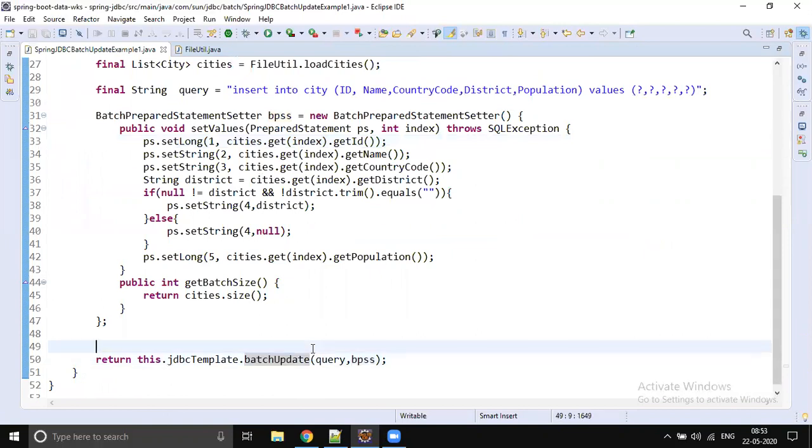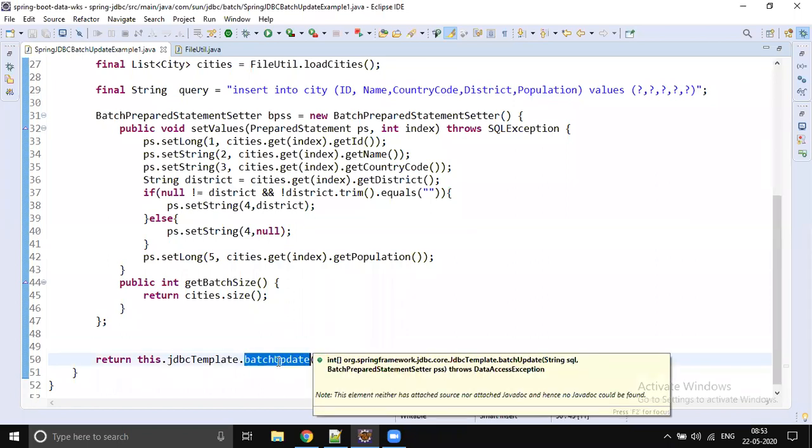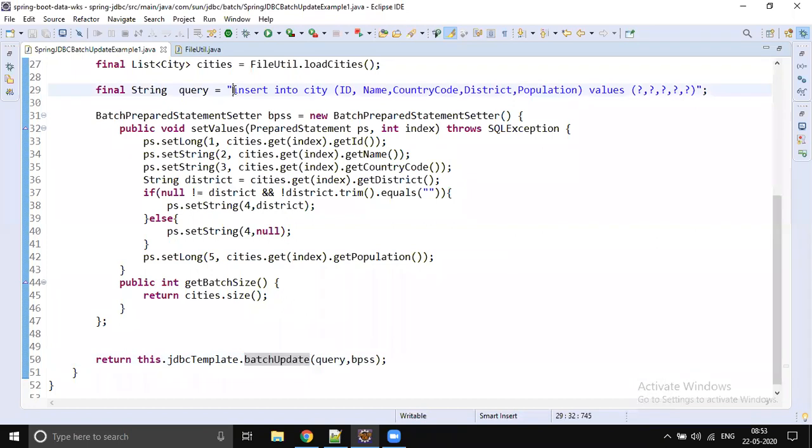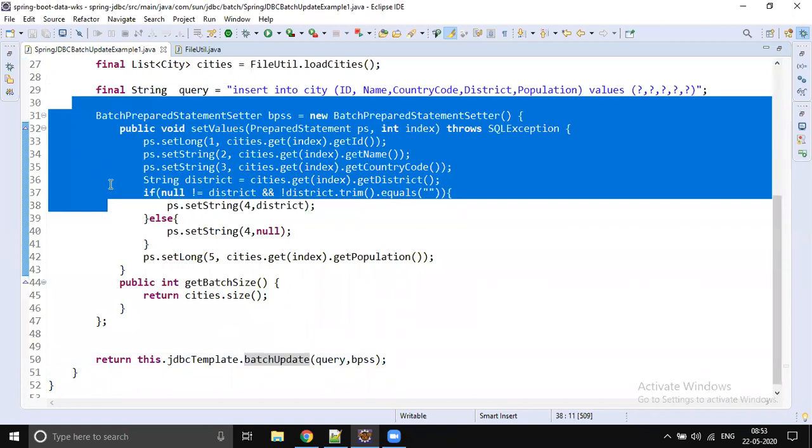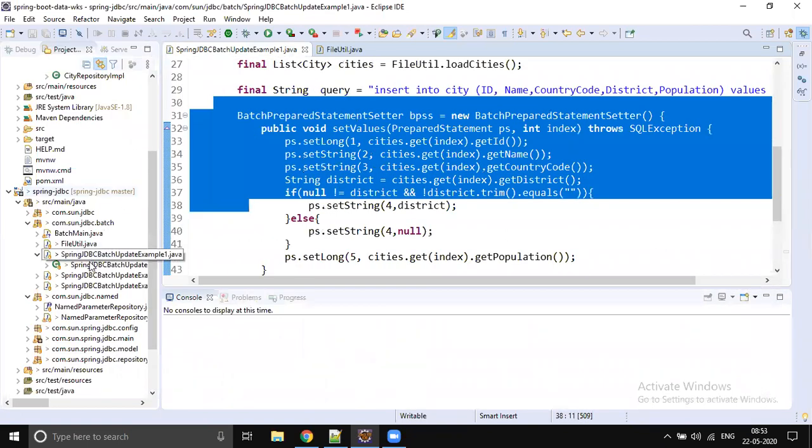If you have some 10,000 rows, all 10,000 will be updated in one go. But it should be the same query we will be inserting. When you have the same query processing a couple of times, then we go for batch processing. So JDBC template has a method called batch update, and by using this you can do that. And named parameter JDBC template also has one more method.